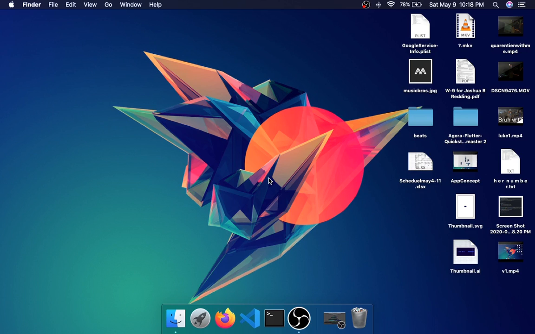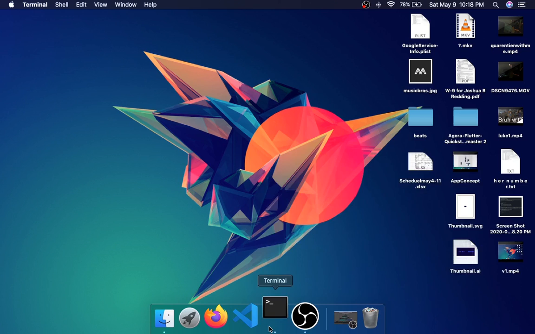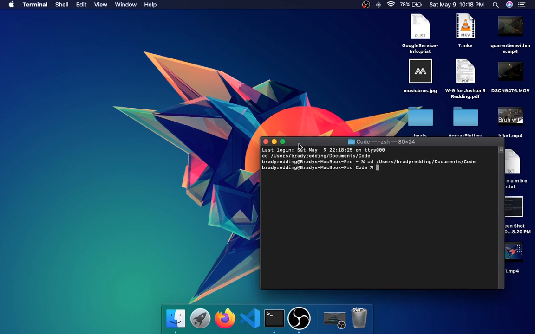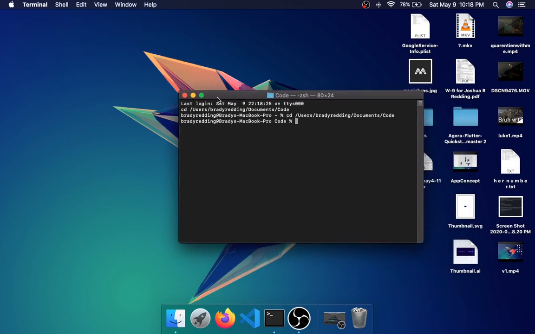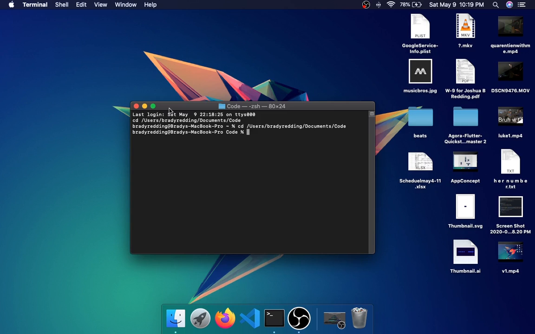Okay guys, so the first thing that you want to do when you're starting a new web development project is you want to make its folder. So my preferred way to do this is using the terminal. I just find it the easiest and the fastest way. If you're using a Windows machine, Linux, you guys use the same bash terminal as a Mac does. But if you're using a Windows machine,